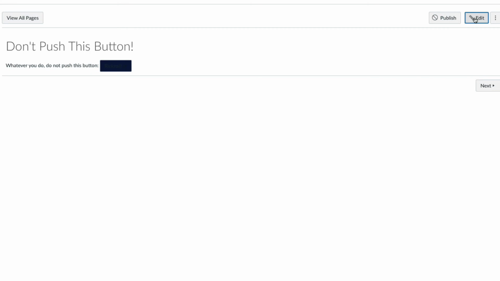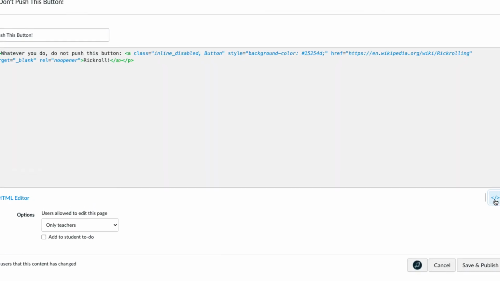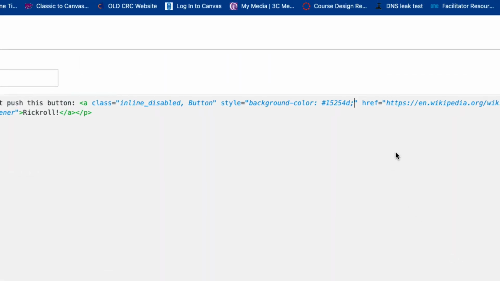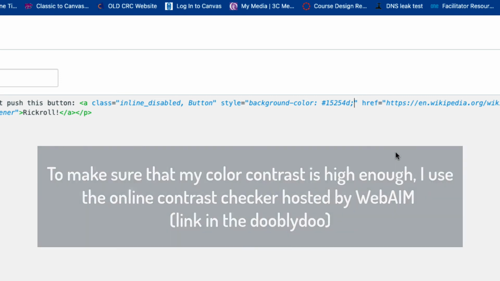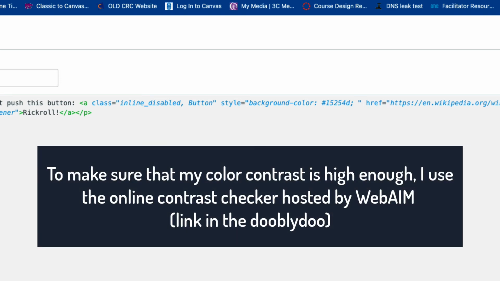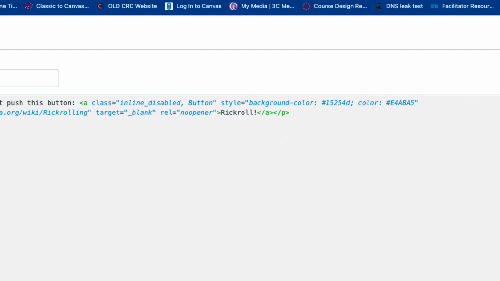And to do that, I'm again in edit mode, looking at the code view. To add an additional value to the style attribute, I need to separate each value with a semicolon. The new value is color, and I happen to have the color code for that pink beige color, preceded by a hashtag. Again, the addition of a second class value is to separate the classes with a comma and a space. The addition of a second style value is to separate the style by a semicolon and a space.